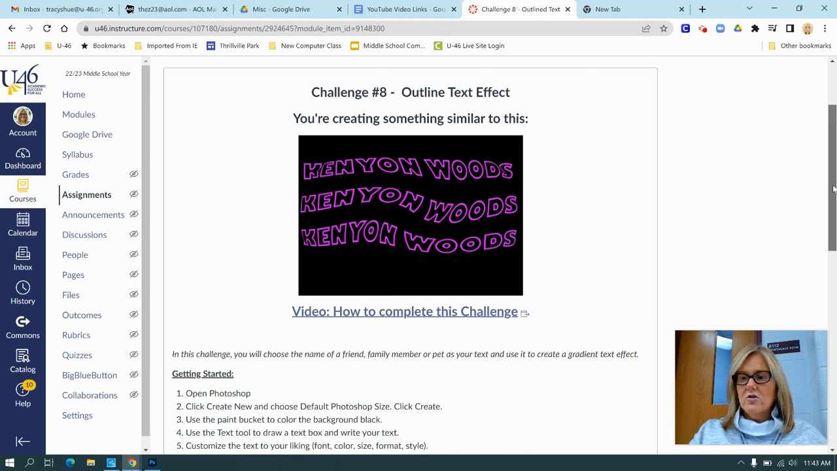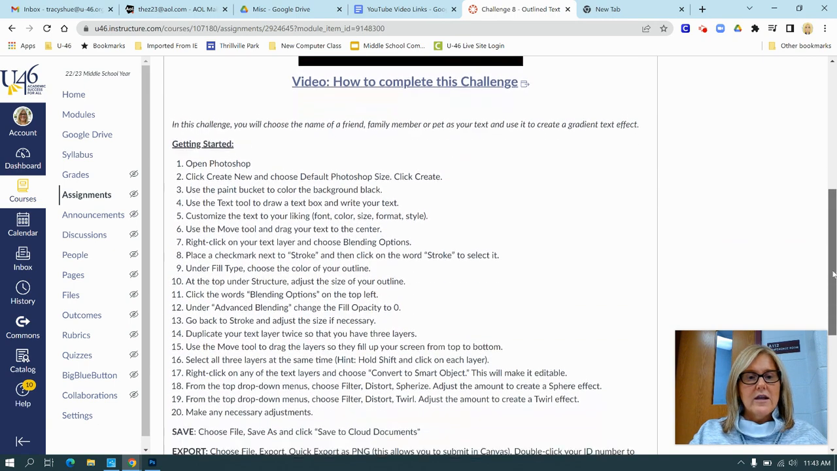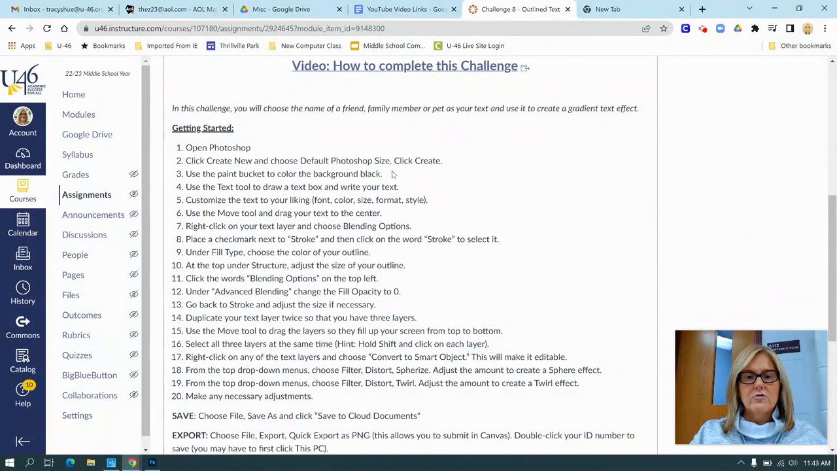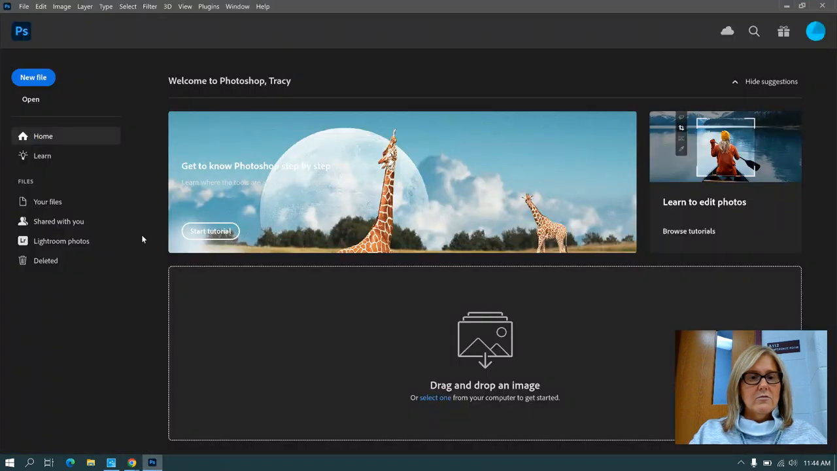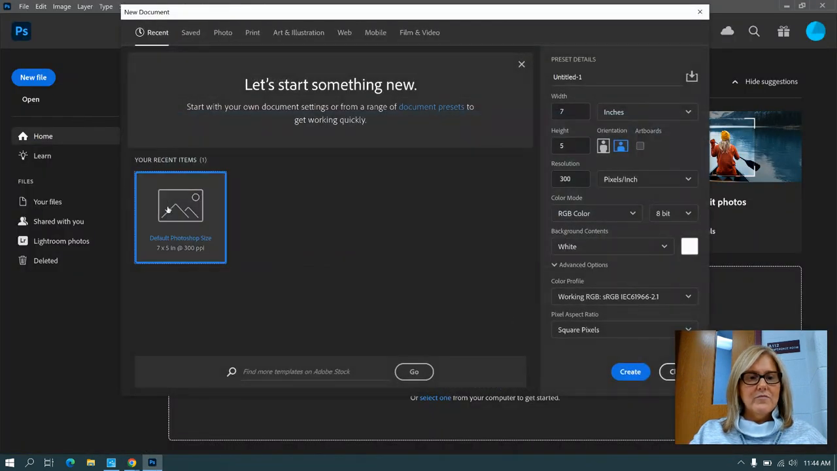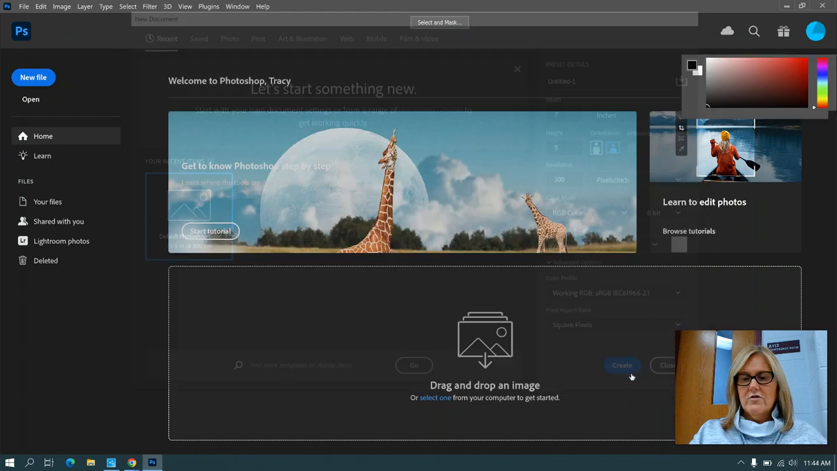So if you look at the instructions, you're going to open Photoshop. You're going to create a new document using the default Photoshop size, and then you're going to use the paint bucket tool to color your background black. So let me just show you that really quick. So we're in Photoshop. I'm going to click New File, default Photoshop size, Create,